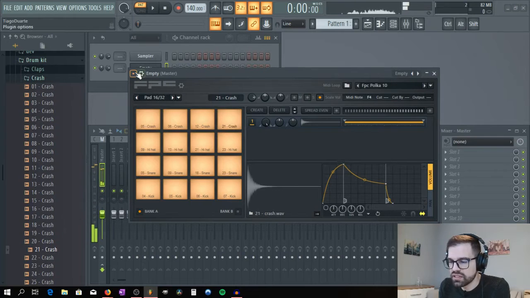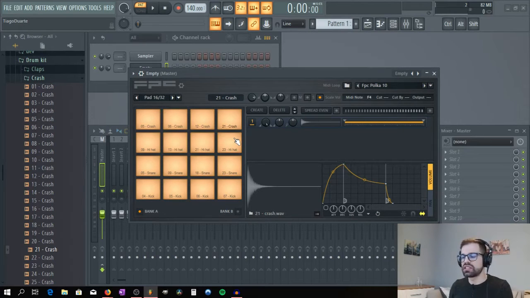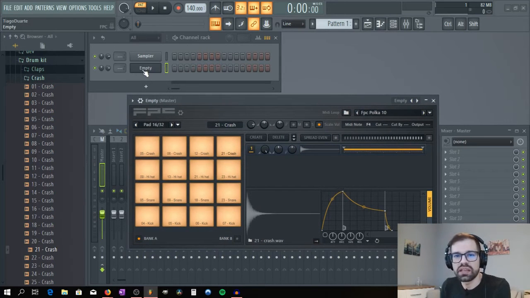Okay, so now we have kicks, snares, hi-hats, and crashes. We can mess here with the controls, but for now I will just leave it as is, because I prefer to change these parameters on the fly. So for instance, here in the MIDI, I can lower the volume of the hi-hats. I can even move them right or left. I don't care right now that I do that here, because I can also output the sounds that I use